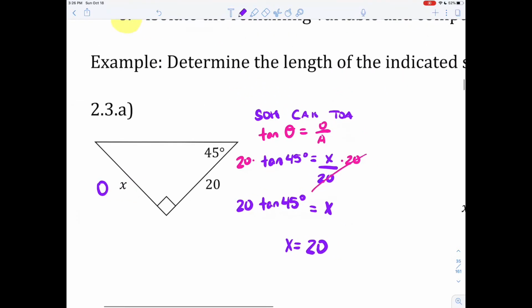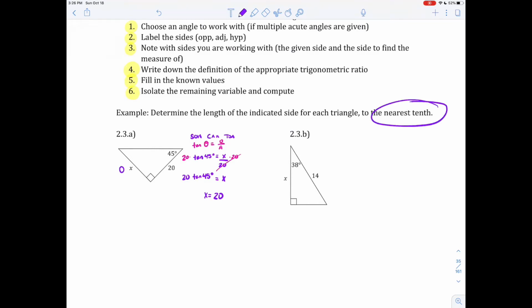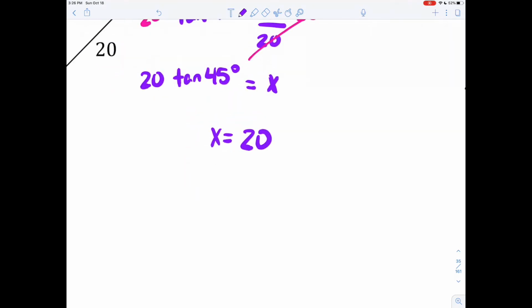Notice that in the question, it tells me that I have to round to the nearest tenth. So that will give me 20.0. Keep in mind, I want to look at units for this particular variable. This is not an angle. So I know before we were ending off with our little degree signs, but x in this particular case refers